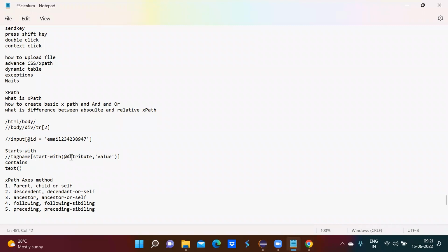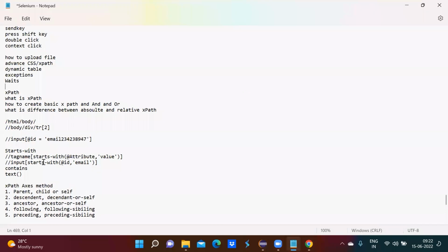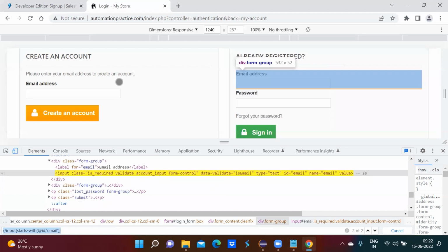So starts-with, then @attribute, and then value. So an example of this is like this. If I want to locate this, I can